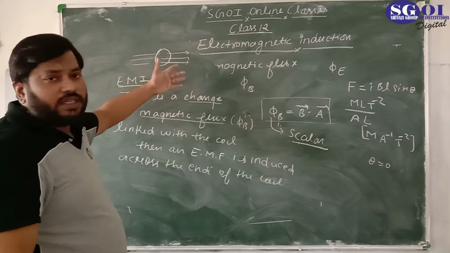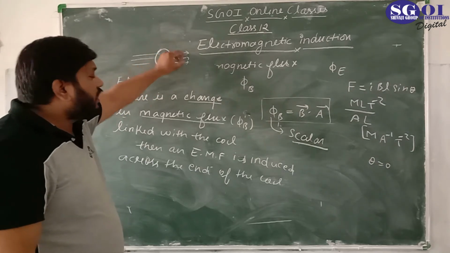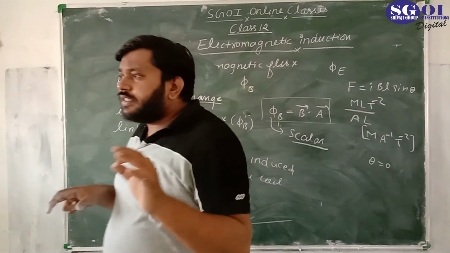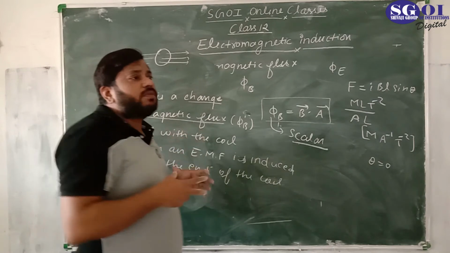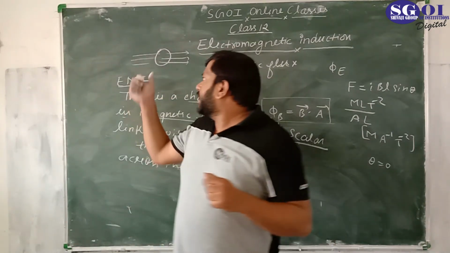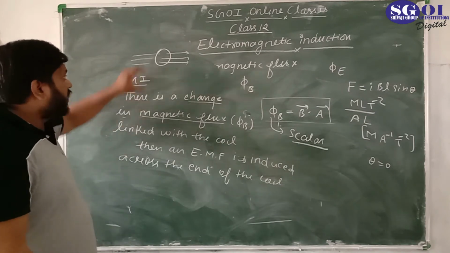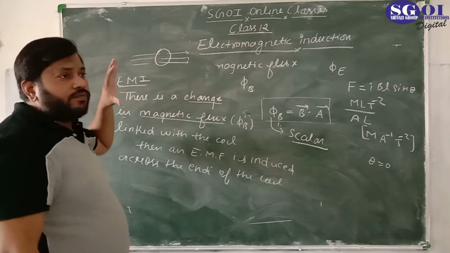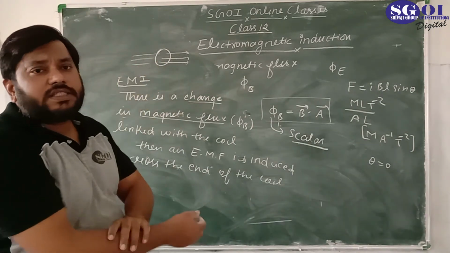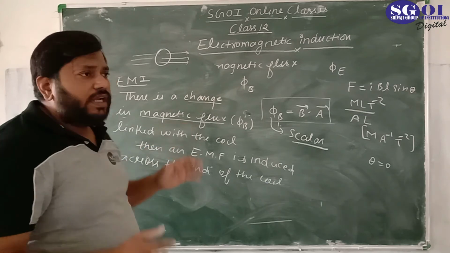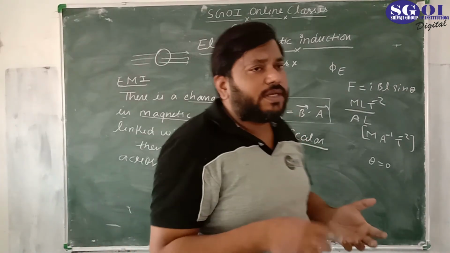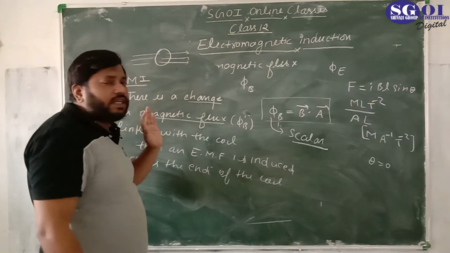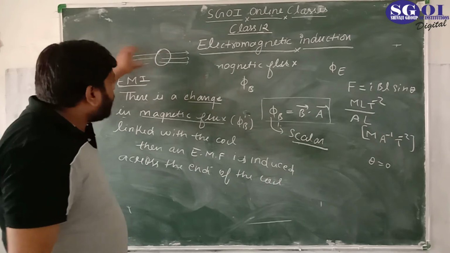It means the magnetic field is changing, so the flux is changing. You know that if there are more lines in a particular area, then the strength of the magnetic field is very large. In the same way, if it is decreasing, the magnetic field is getting weaker, and if it is increasing, the magnetic field is getting stronger. It doesn't matter whether it is getting weaker or stronger; the only thing that matters is the change. So if there is a change in the magnetic field linked with the coil, which is passing through the coil only,